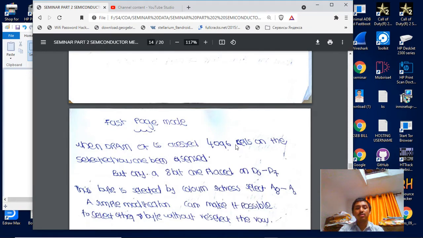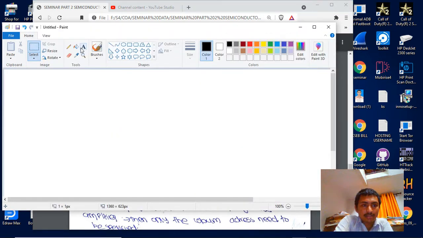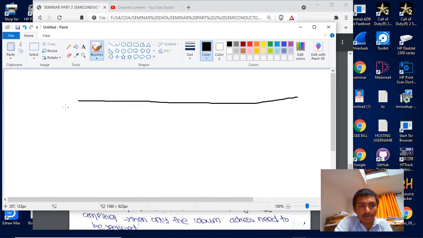So we can do a simple modification: is it possible to select another byte without selecting the row again? I selected this row, and I selected this byte, and I took the data.